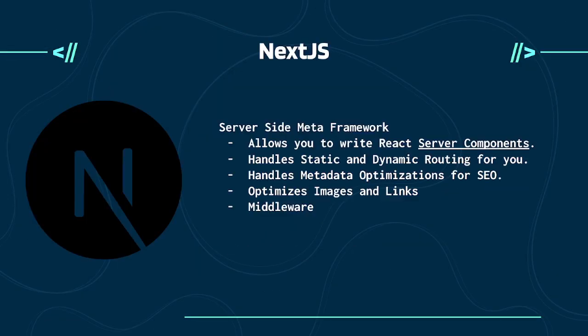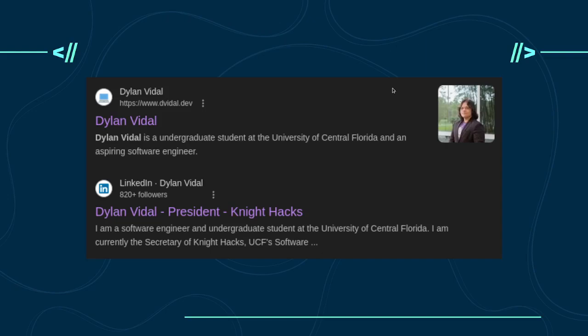To do routing with React, you're going to need some sort of framework like React Router or whatnot. Next.js just kind of does it for you in a really simple way. It's a lot like normal HTML. So if you have your main page, you make a folder called hello, and you put content in it, and when you go to URL/hello, it just goes to the hello folder. Super nice, super clean, super quick, right? It also lets you have metadata optimizations. I'll get into that, as well as middleware and images and links. Again, these are a little more high complexity things. These are the two big things that we're going to be talking about.